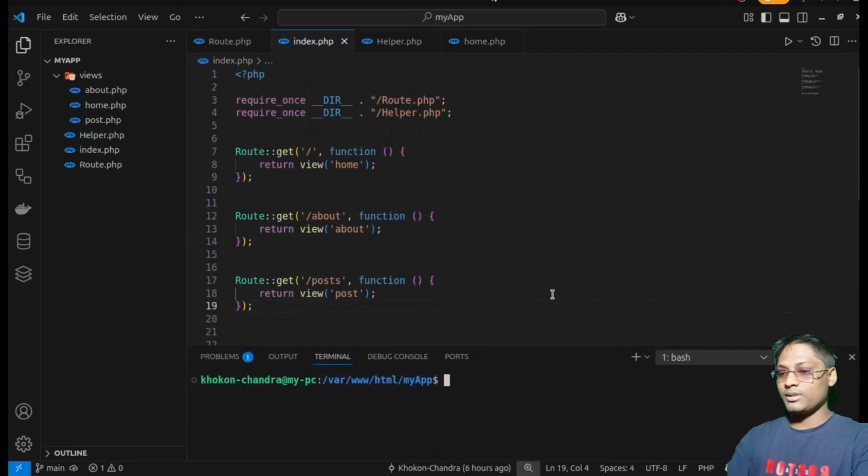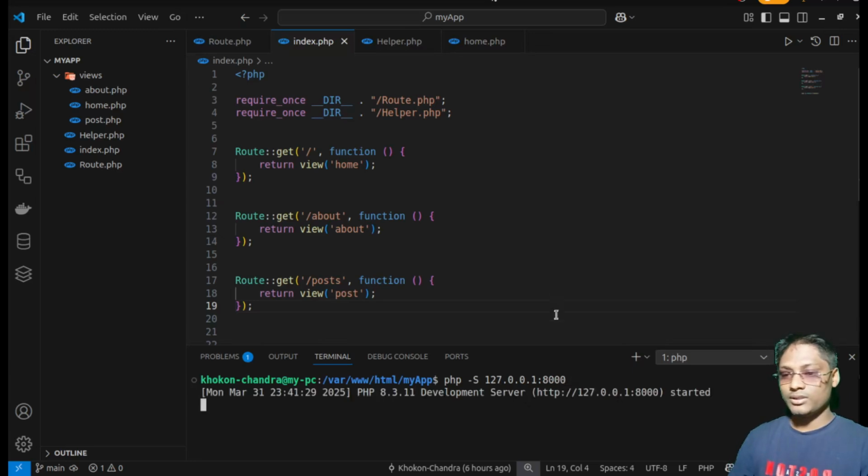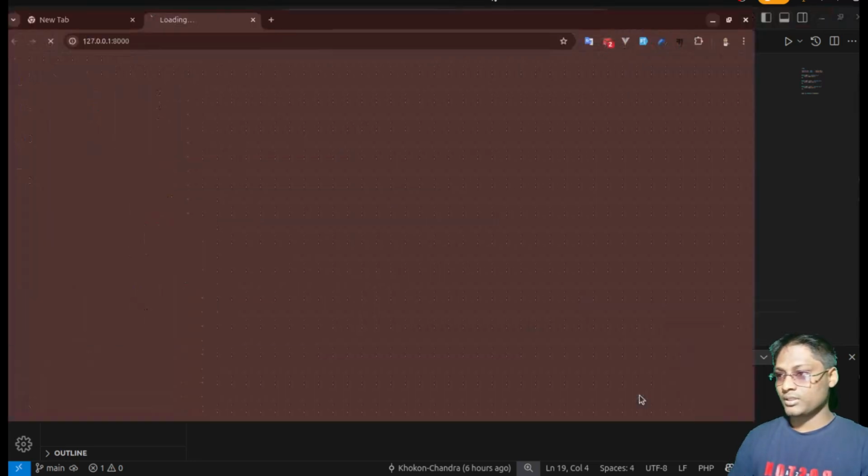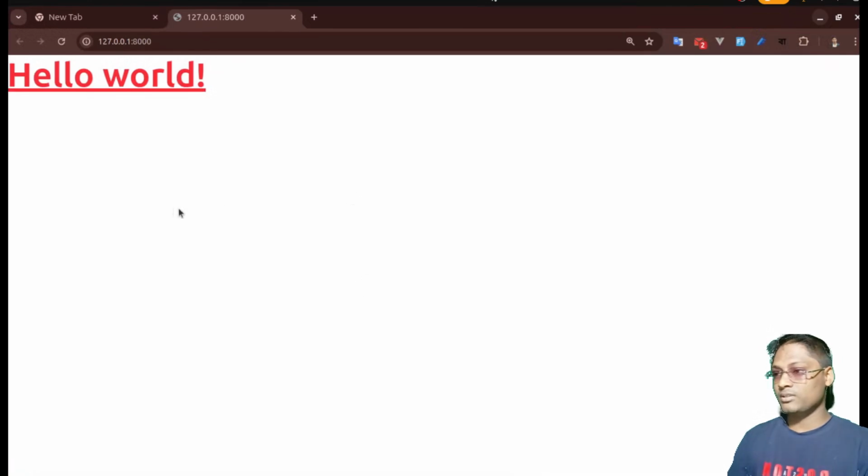Open up the terminal, type php capital S and our local IP address, and you can assign any port. Hit enter, click the link and jump into the browser. Yeah, this is our last change and home page. Okay,